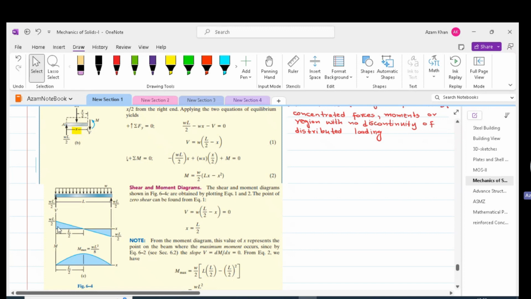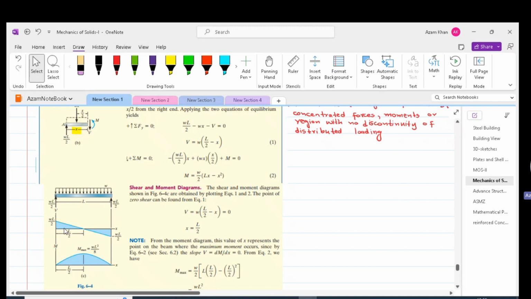Now again, we can find out the area of this positive portion of the shear force diagram. For the maximum moment, we can get the area of this right angle triangle. So half breadth into height will give us wL square by 8. So again, the maximum moment is equal to the area